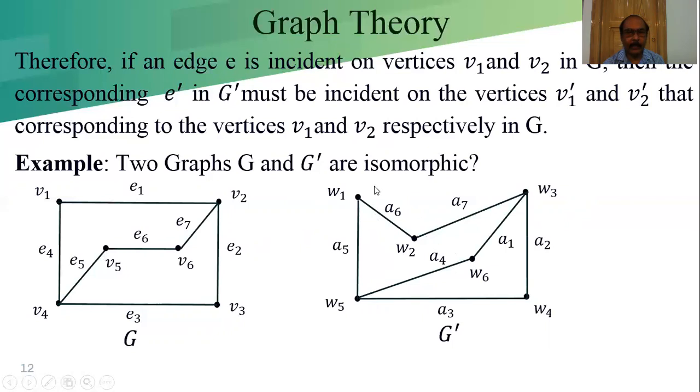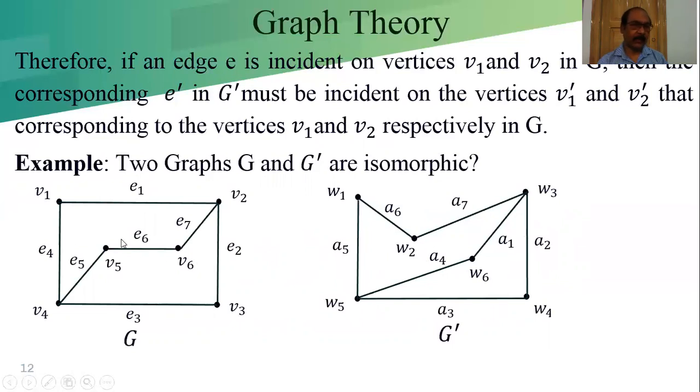If we pull it here and this is pushed to here, when it comes to here, that means W1 corresponds to V5. If we think that way, W2 is shifted here, so W2 corresponds to V6 and W6 corresponds to V1. When it is pulled here and pushed, it looks the same. Then we have to find the correspondence of the vertices, then the corresponding edges, then the degree of the vertices.